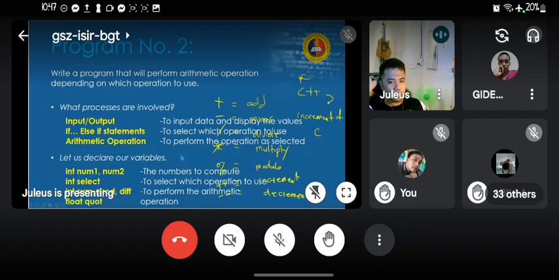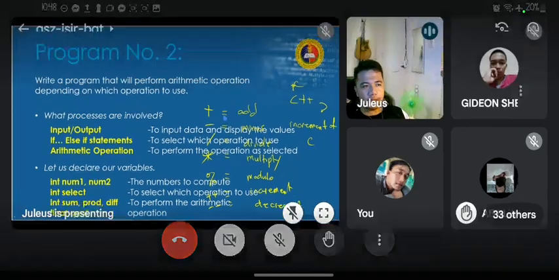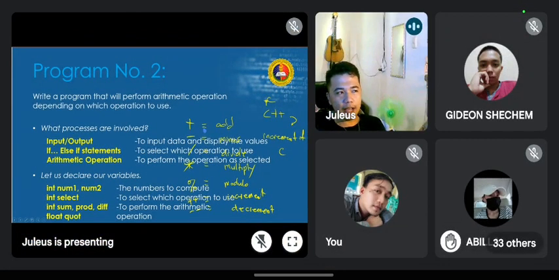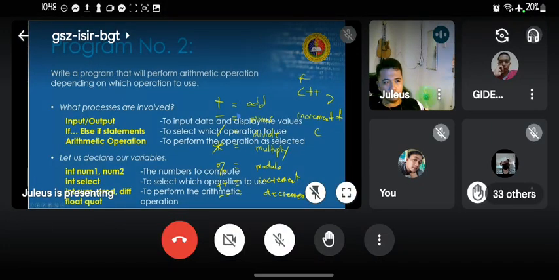So we will set a condition. This time we will use a condition, and this would be our condition, whether to use add, minus, divide, multiply, modulo, increment, or decrement. Because nanay split sa flow ba. So if we use add, then it will add both the numbers. If you use minus, then it will subtract the first number from the second number. So our condition here comes in with the arithmetic operation.